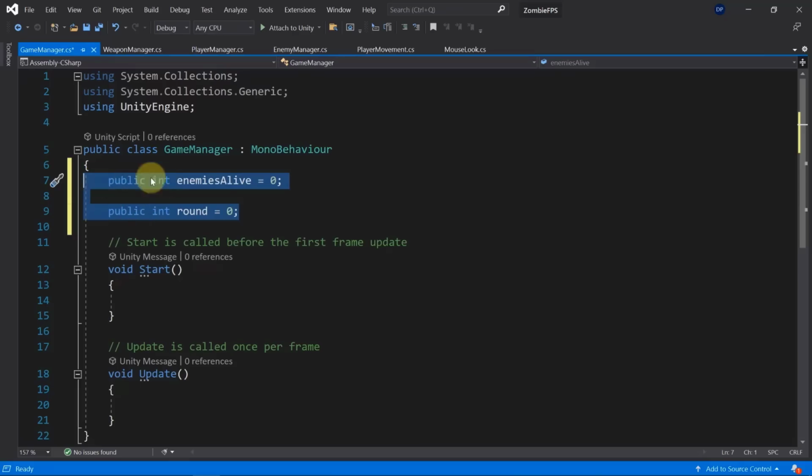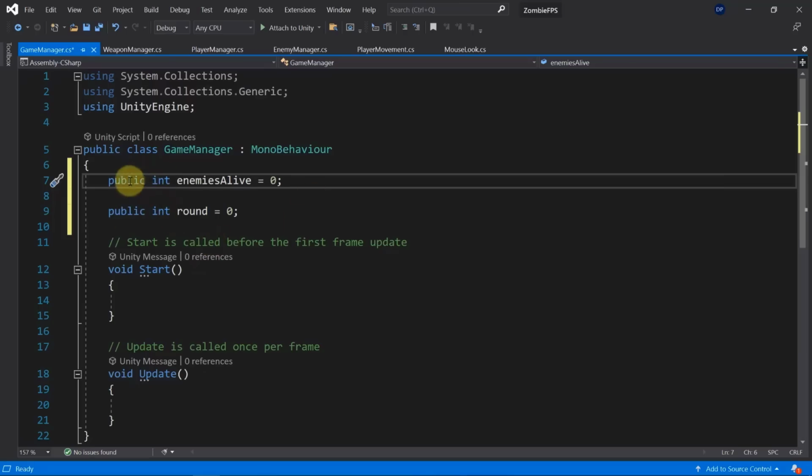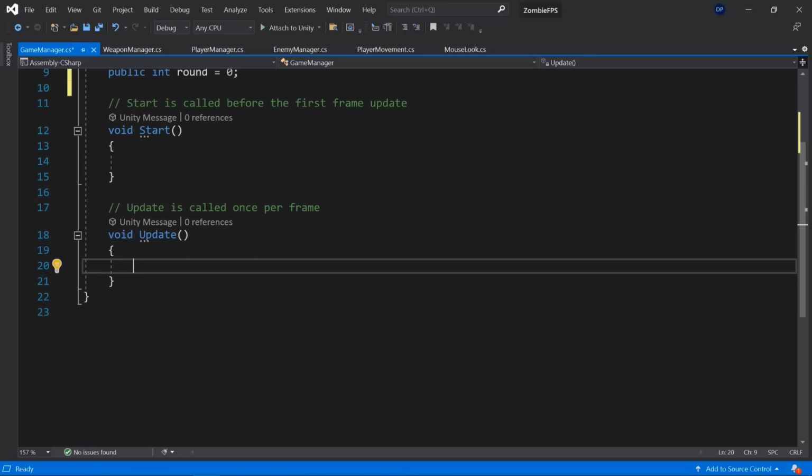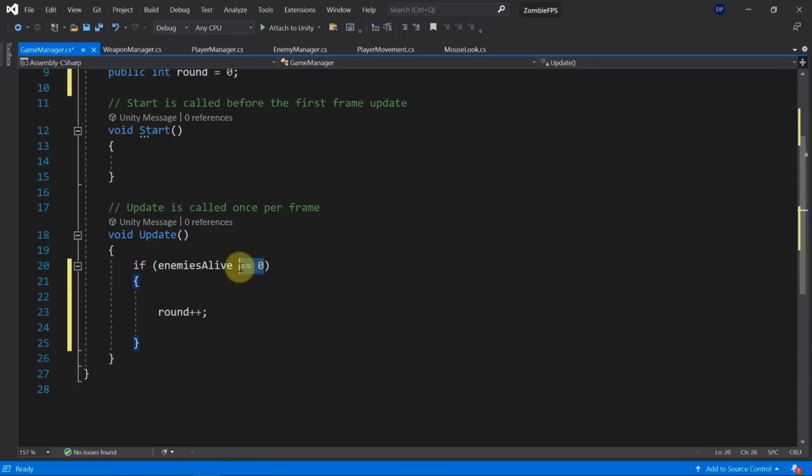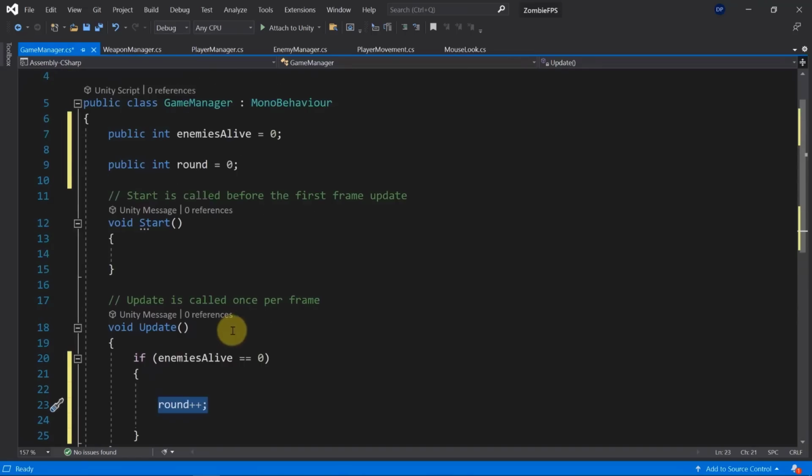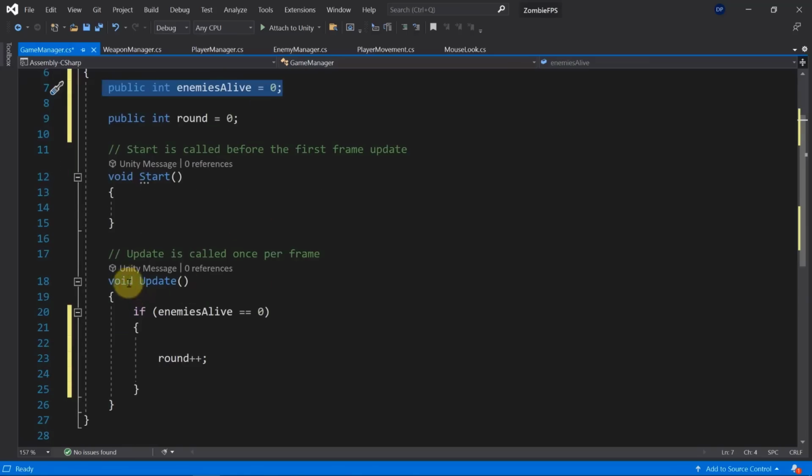So I'm going to create these 2 integers that we can then adjust and also see in Unity straight away. Of course, you could have also made it serializable here for it to be available and made it private, but I think this will be fine. So now inside of the update method, what I'm going to check is if we have enemies that are alive or not. And if we don't have any enemies alive, which means we are at 0, we're going to increase the round. So at the beginning, we're at round 0. At the beginning, we're at 0 enemies that are alive. So that means in the first iteration of this update method, this will be executed and the round will be